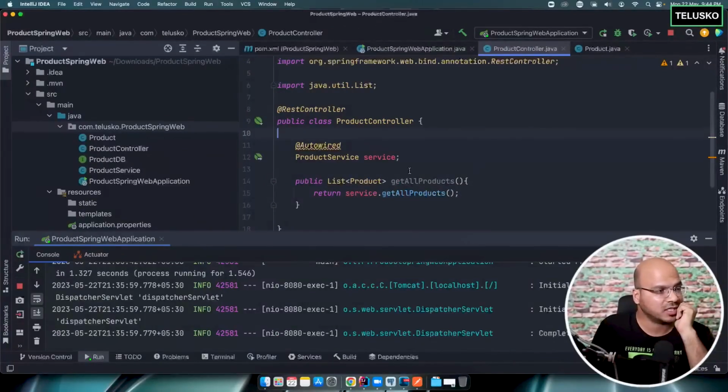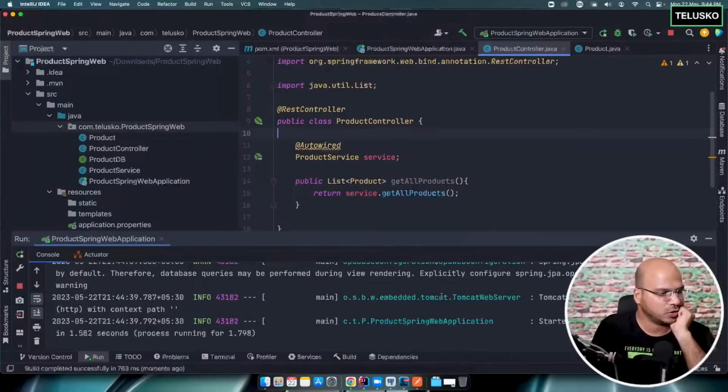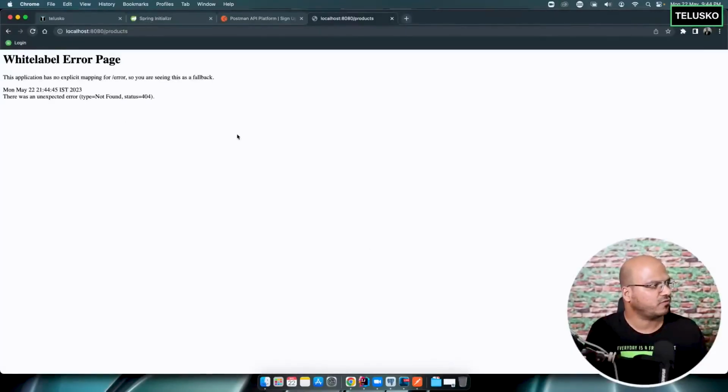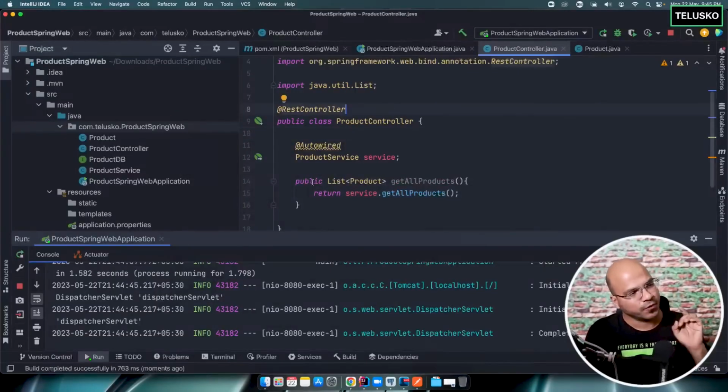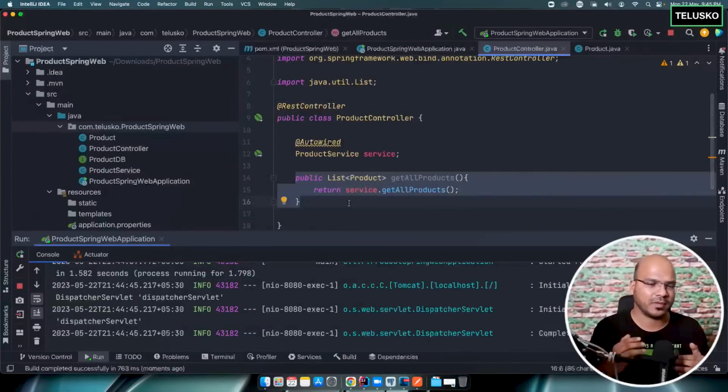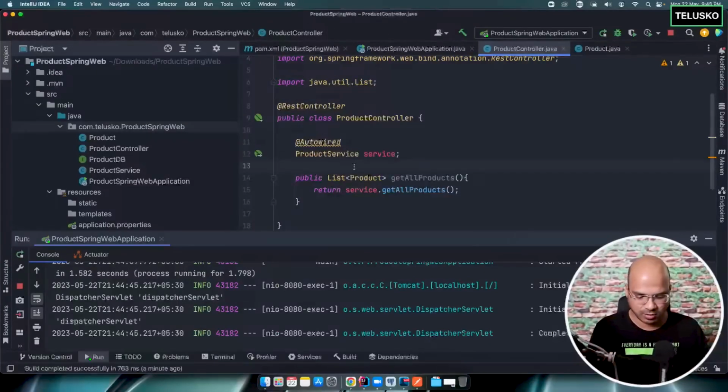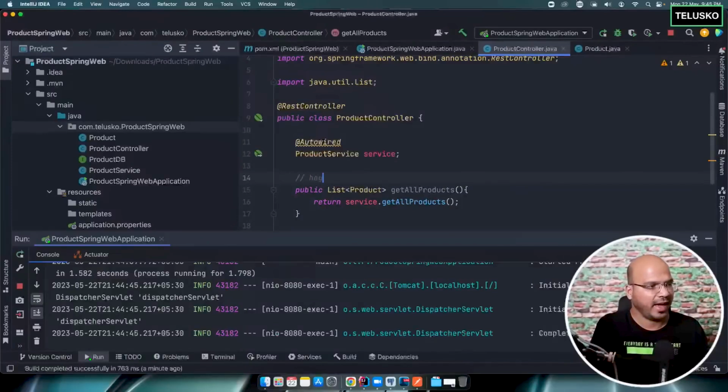But will this work? That's the real question. Let's try. Let's restart the server and there is no error. You can see. Go back to the browser, refresh. Oh, it's not working. What's wrong there, my friend? The thing is, we created this method, but nowhere there's a mapping, right? Of course, a controller can have multiple methods. Different methods should execute for different requests. So we have to mention in English, hey, this is for